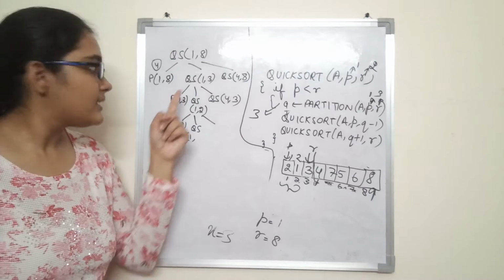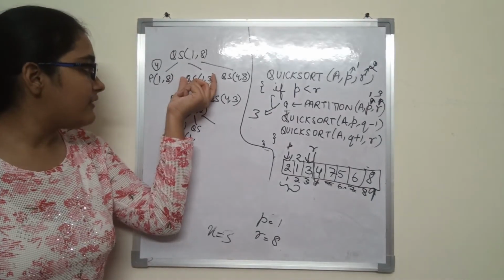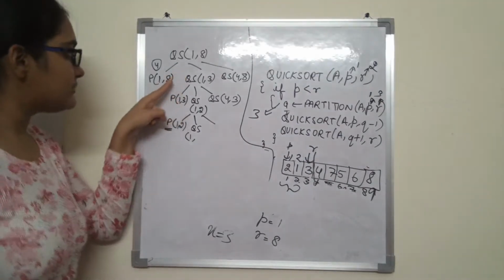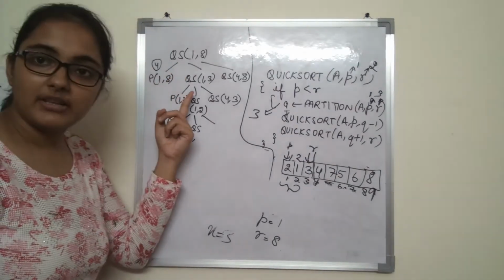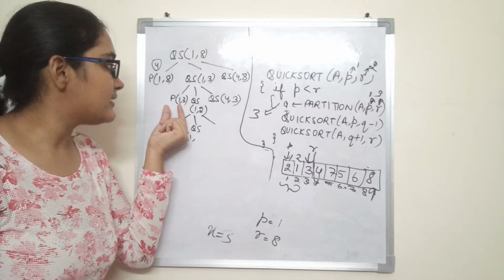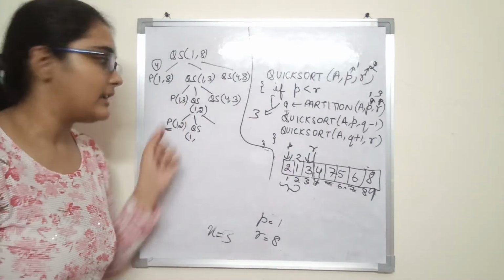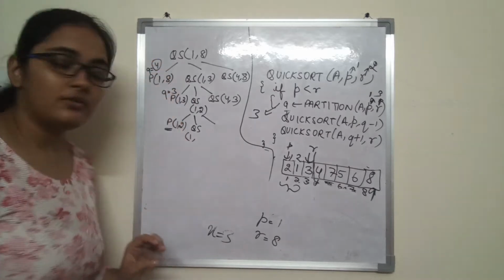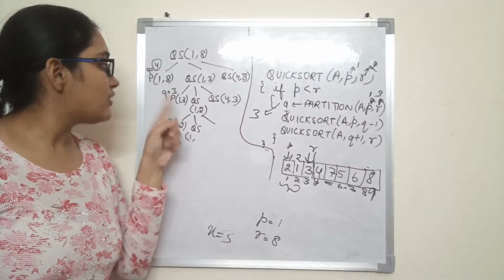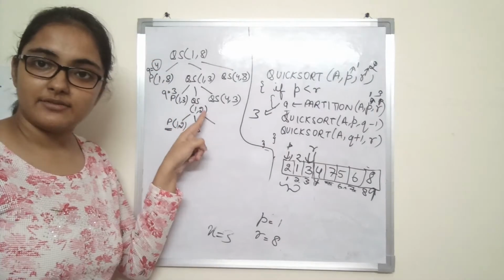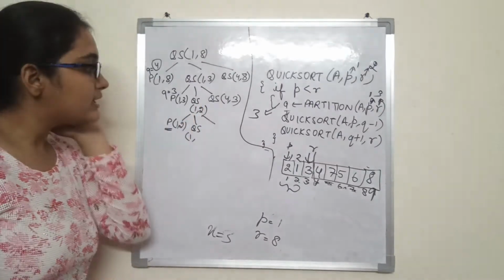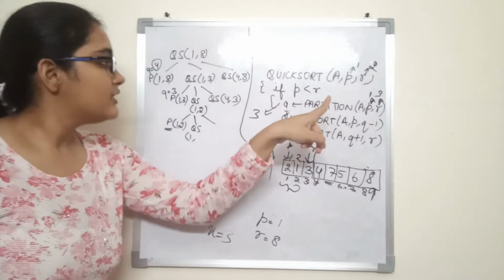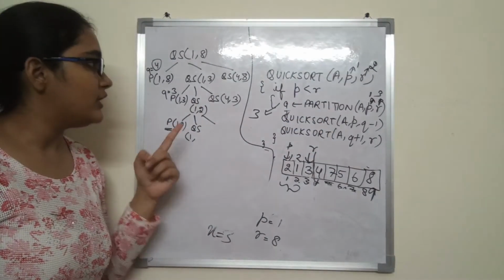So we are traversing from top to down, left to right. We are done with this. We were exploring this part, right? So now we were exploring this part, and then we have done partition 1 3. What result did it give? It resulted in q is equal to 3, right? It gave q is equal to 3. Here it gave q is equal to 4. So we called quicksort from A to q minus 1, that is from 1 to 2. Alright, so when we call it from 1 to 2, what will happen? p is less than r, right? So it will again call partition from 1 to 2.